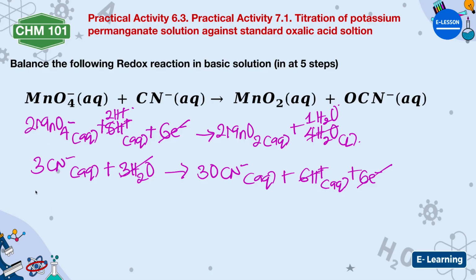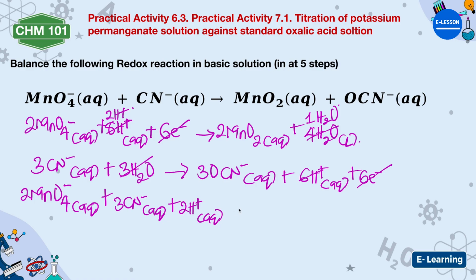So now, if you want to balance this equation, my dear student, write everything you have here in a straight line. This will give us 2MnO4 negative aqueous plus 3CN negative aqueous plus 2H plus aqueous to give us 2MnO2 aqueous plus, then here we have 3OCN negative